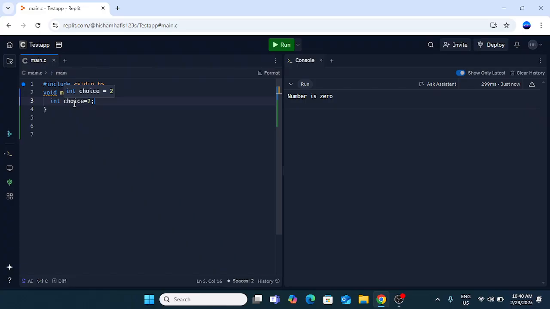Next we are going to learn about switch. So switch, after switch you have to give the choice or the condition. Let's just write choice, and then after that we can